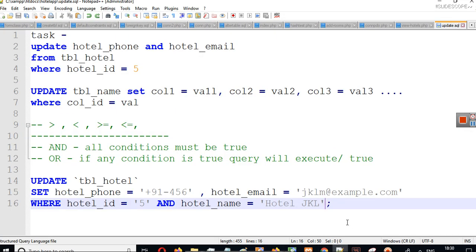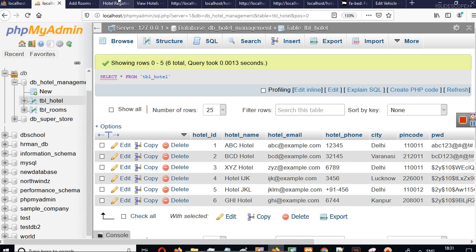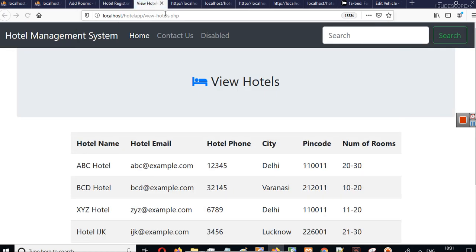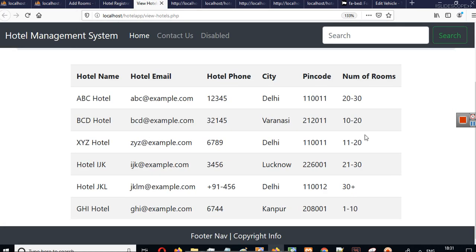Now it's time to execute this query from the front end. By front end I mean we created this view hotels.php page, and now we have to provide an edit button here, so that when someone clicks on that edit button, a new form will open in which details of that particular hotel will be there, and they will be able to edit it.